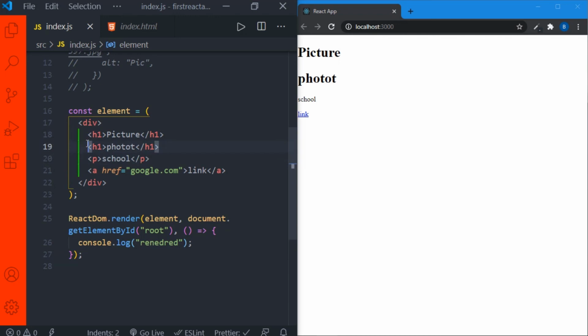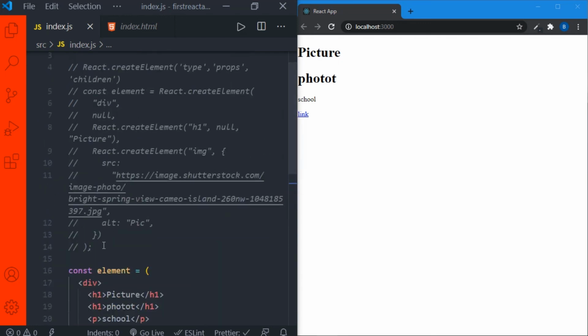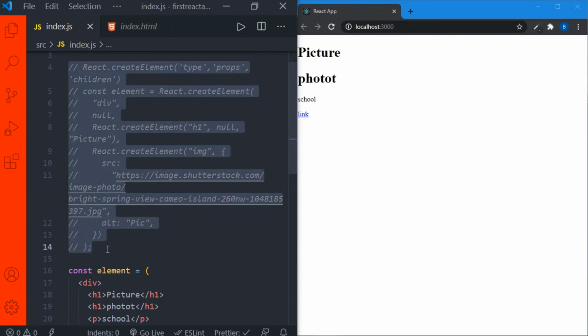So now we saw what JSX is and why JSX is important. See, with the help of JSX we can write code in a very simple manner, and the code is very readable and very short. I'll just clear all these.